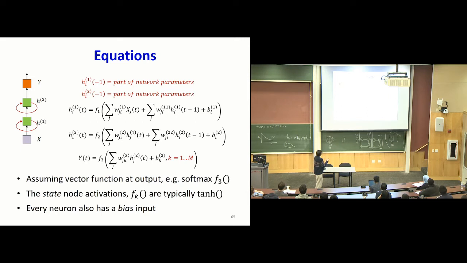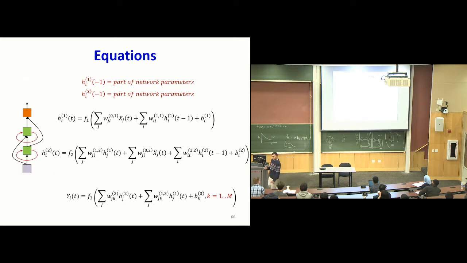So you have these weights which show the connection from here to here. So the pre-activation value over here is going to be some weighted combination of these h's, where these are the weights corresponding to the combination, plus some weighted combination of h2 at the previous time, t-1, where these are the weights with which they're combined. So the superscript 2 shows that it's a connection from the second layer to the second layer, plus a bias, right? And the output, of course, is simply going to be, in this particular case, some activation, whatever it is, operating on a weighted combination of the second set of h values. So you see how the whole computation happens.